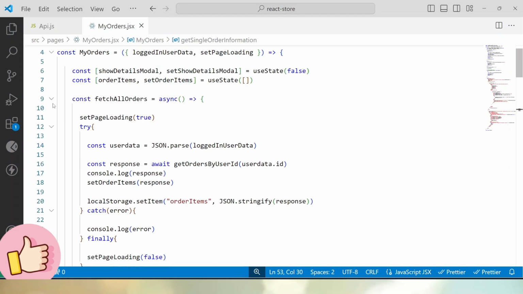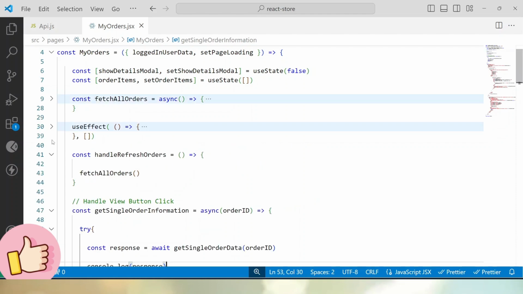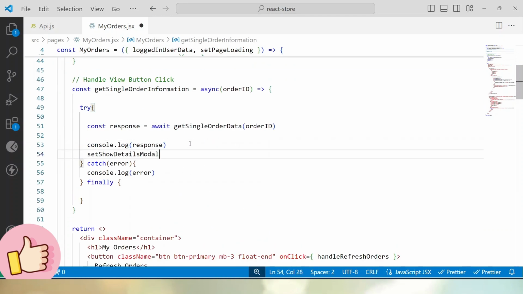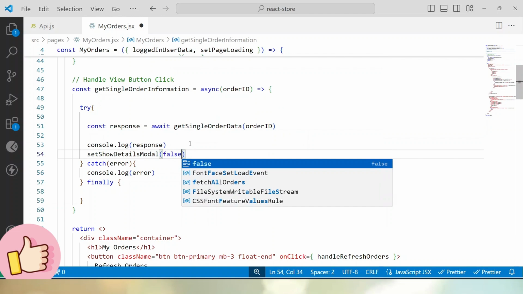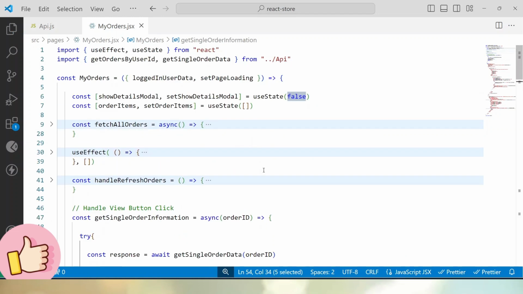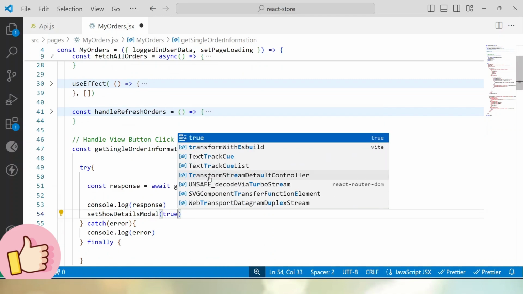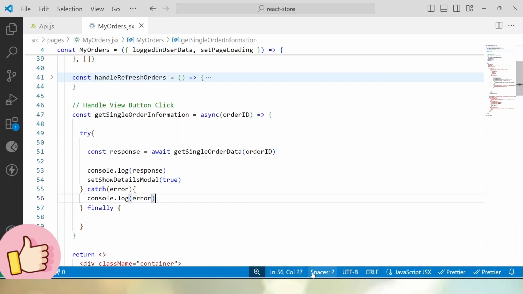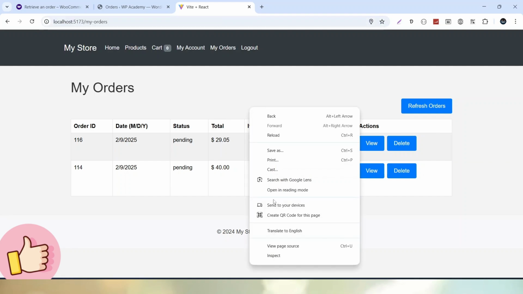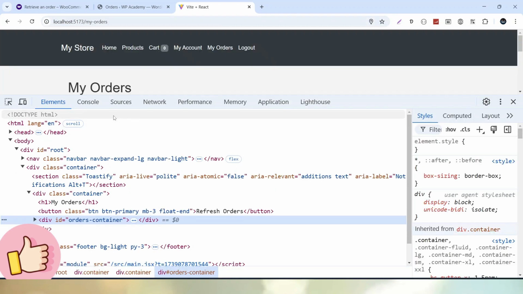So also let's go close this and close this. Let's copy this set show details model, and after this console log let's make it as false. Save these changes, not actually false because by default it is false, so I think it will be true. Save these changes. Let's go back to browser, and here if I go and reload, let's inspect, go to console